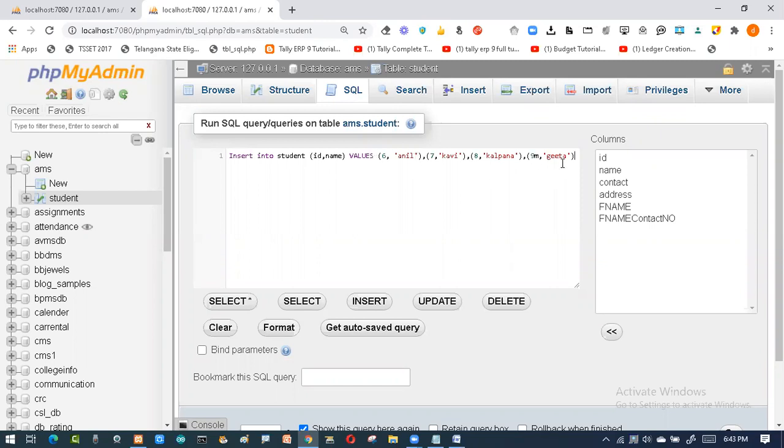So I can go for the bulk records in MySQL in this fashion. If it is bulk records, what is happening? This I have written only once, but I'm just adding the records without typing this command again and again, because this is a GUI. Whether it is one record or 100 records, we can copy, paste and just change the values, and it is done. It's a simple one. But I'm telling you about when you don't have a GUI, this kind of environment.